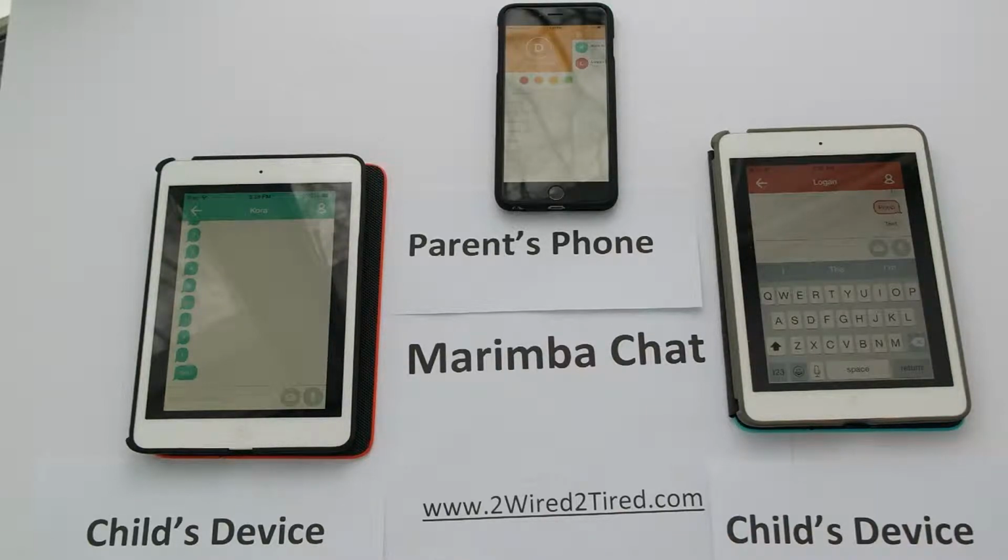With adding members, you actually have to go and add a member, like I talked about earlier. You send an email or an add request to a parent, and that parent goes through the verification process. And with that, there's no public directory, so you can't go and search for John Smith online in a master directory. The only way to add somebody is to actually send them an email. Make sure that parent is signed up and verified through the Marimba Chat process, and that just keeps